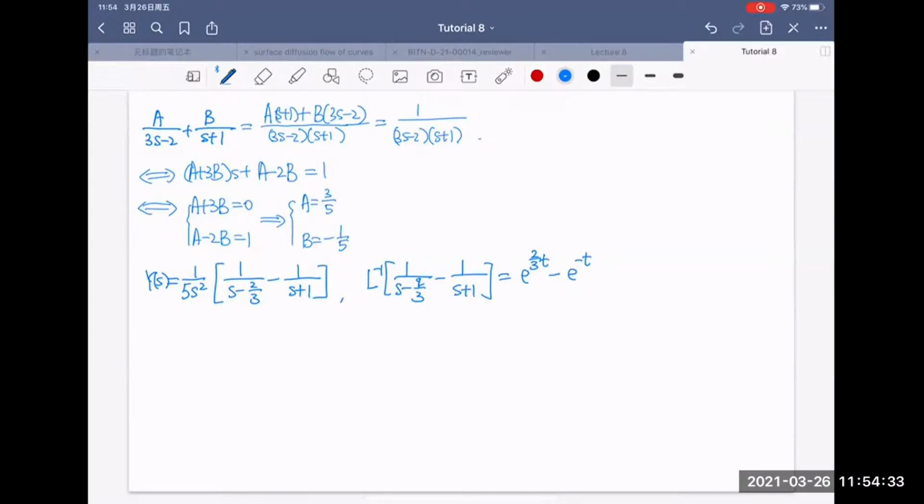This is formula 2, which tells you that the Laplace transform of an exponential function is just 1 over s minus something. Now you know the Laplace transform of the function inside the bracket. Outside the bracket, there is a 1 over s squared. So the inverse Laplace transform of a function divided by s squared